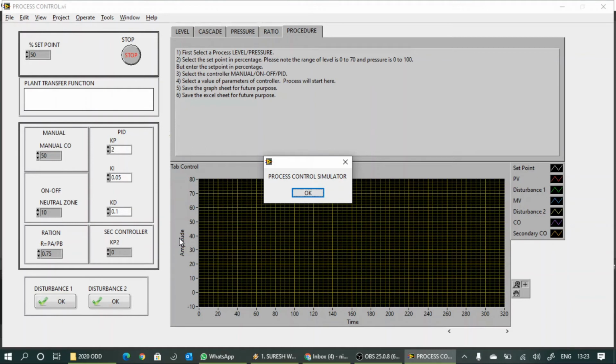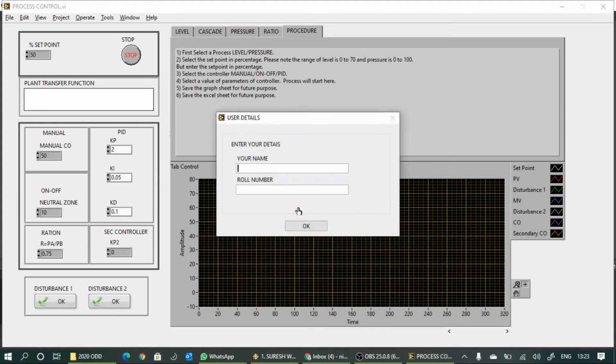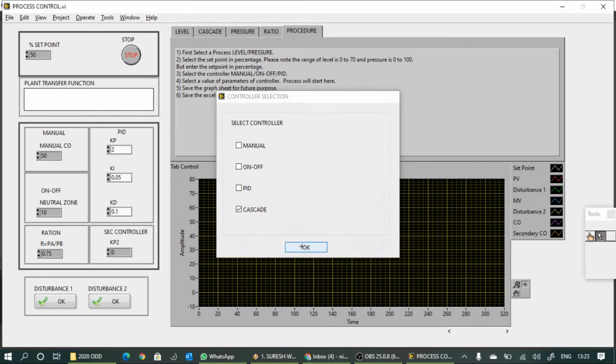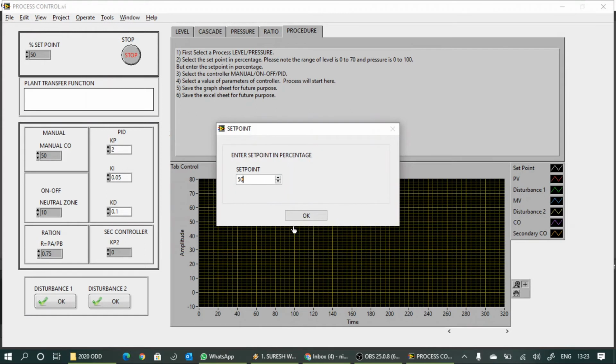The disturbance is not affecting the manipulating variable; the disturbance is affecting the controlled variable directly, that is level, and how the cascade controller is reducing this disturbance. So we are giving the same values.